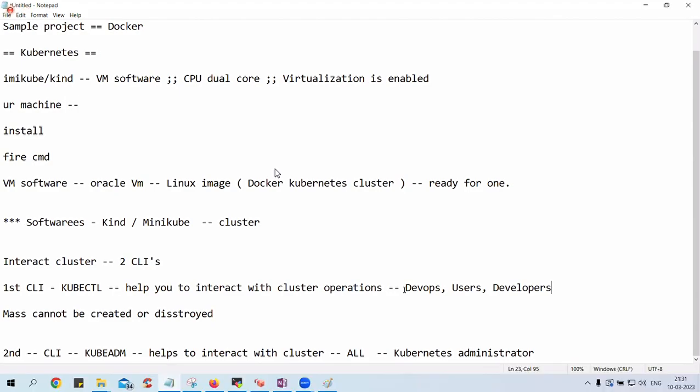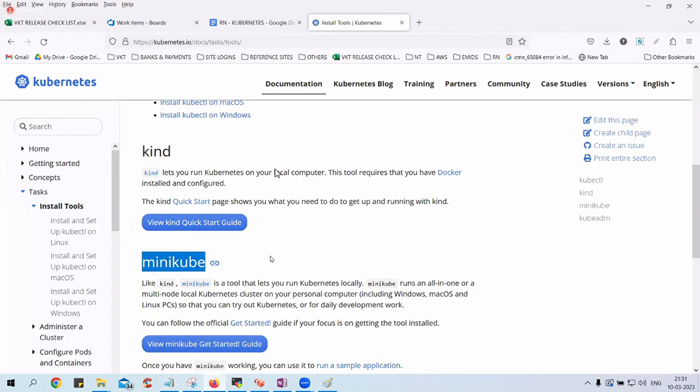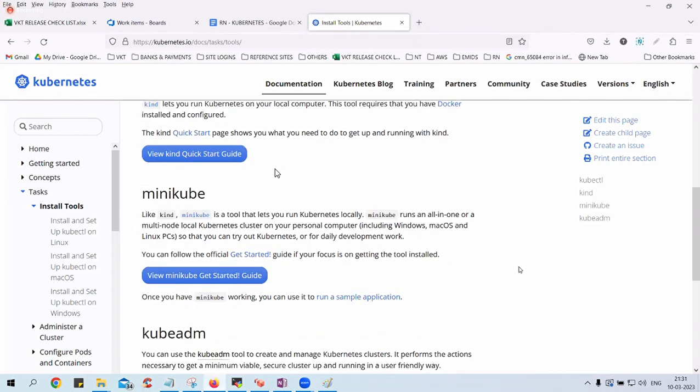You need to know these small differences, guys, because people keep talking about what is ctl and what is ADM. Okay, now keeping this in mind, let's proceed with installation. What should we do, guys?